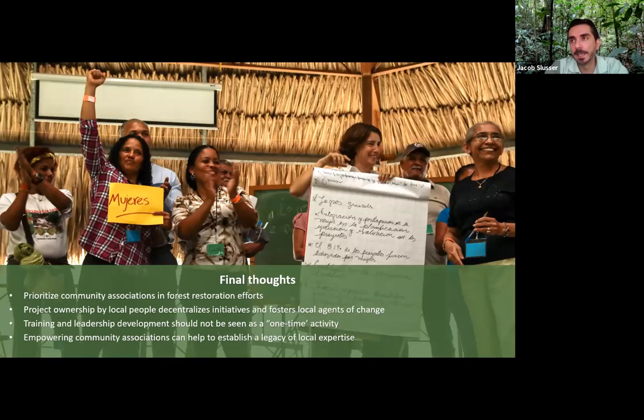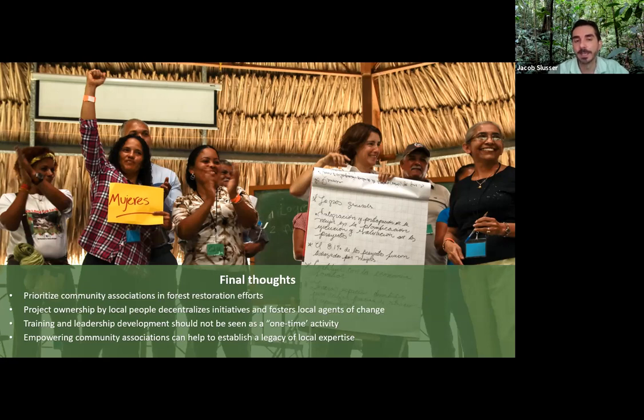So first, prioritizing community associations in forest restoration efforts provides a promising option to align global agendas for climate mitigation, conservation, environmental justice, and enhanced livelihoods, but via sustainable rural development. Increasing restoration knowledge and skills of people across the landscape can help to decentralize top-down restoration initiatives and give more ownership of projects at the local level, and help to foster the development of local people and groups as agents